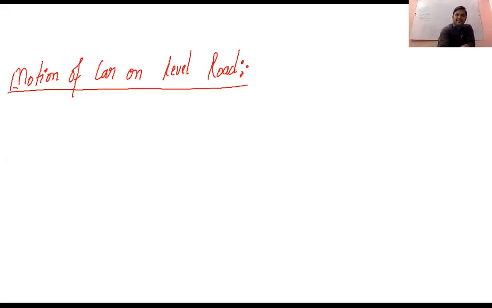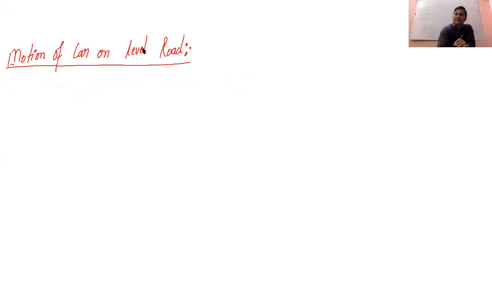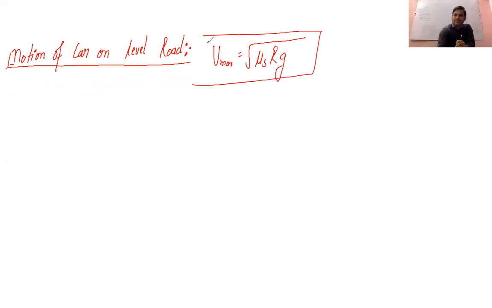So going to the whiteboard, this is basically what we have discussed, motion of a car on a level road. So this was V max we have determined. This was your under root mu s r into g. This was the equation we have derived so far. Okay, so the question is, on the basis of this topic, find